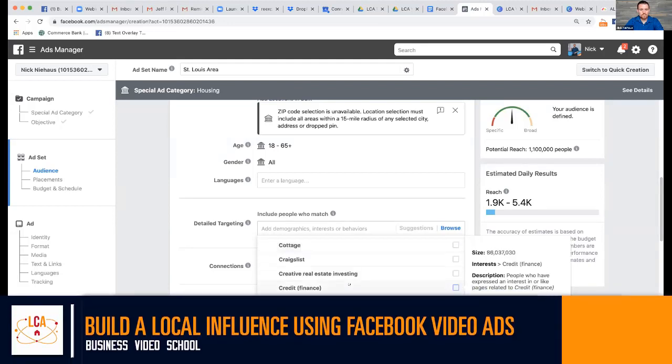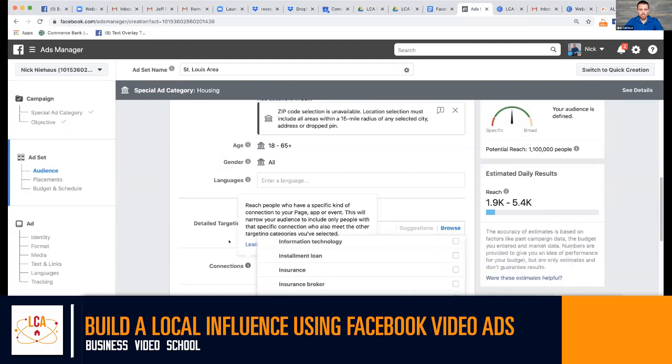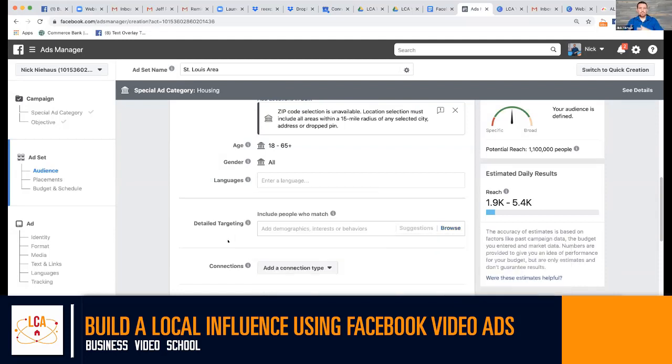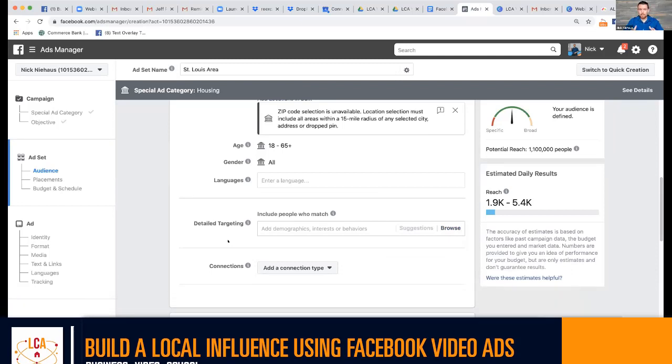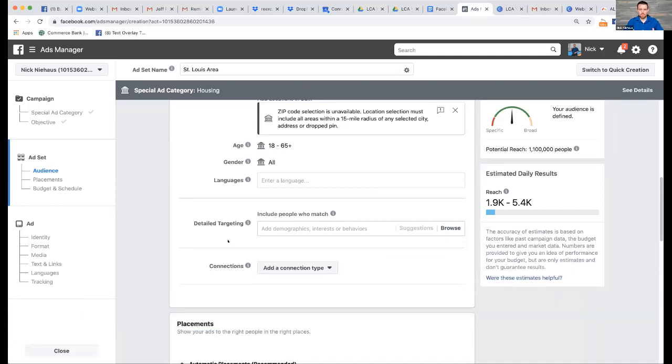But just look at all the different kinds of options, just the C's alone. There was almost 100 of them, it seemed like, right? So lots of different options for your interests. And it's up to you. You can choose interests and target people that way, or you can leave it broad, because the cool thing about these advertising platforms at this point in time is that they have learning algorithms, right? So they're not based necessarily just on what you tell them to do.